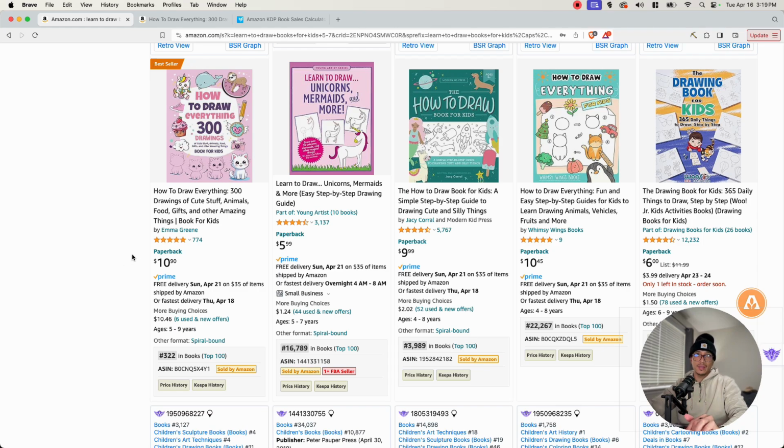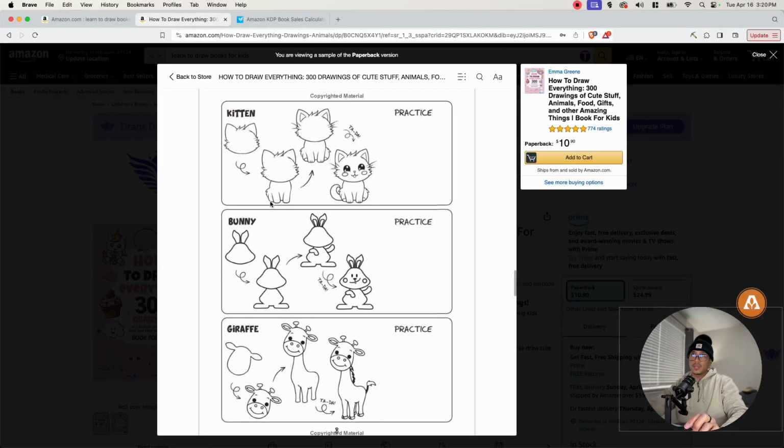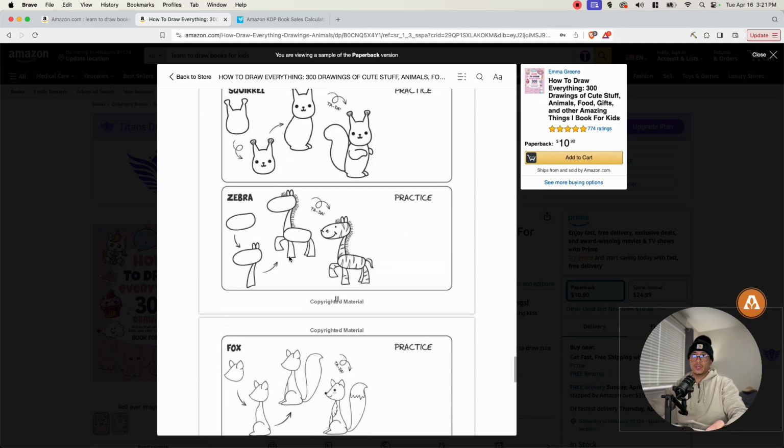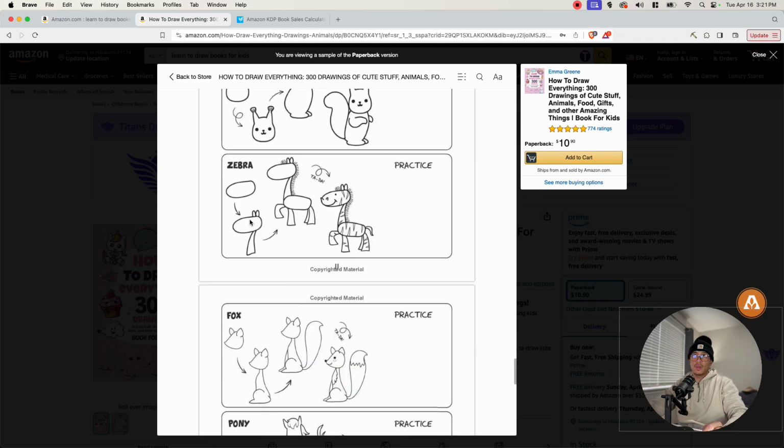And let's take a look inside the book. As you can see, this is the type of book it is. It's just parts of an image that the user can practice to actually draw the full image. And so we have one here of a kitten, of a bunny, a giraffe. And as you can see, this is all it is. Every page is just filled with a new animal, followed by a place to practice. Now, this type of interior could easily be made on a program like Adobe Illustrator, but I'm actually going to show you a different way to create this type of interior that's actually going to save you a lot more